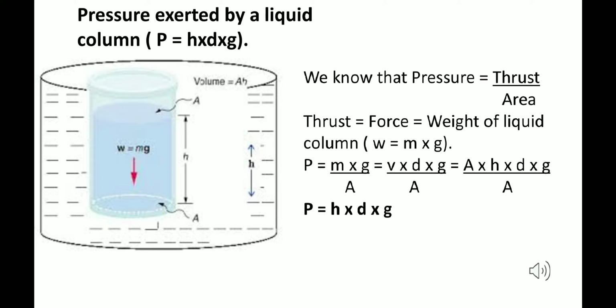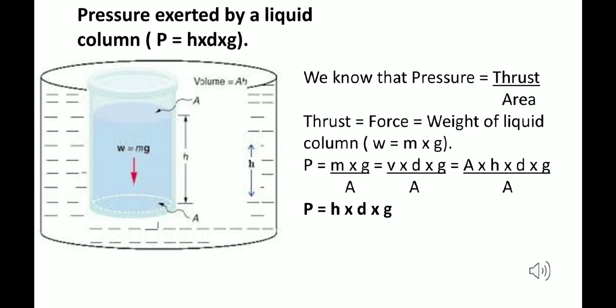liquid. So what we have done is we have assumed here that there is a cylinder of the liquid only which is filled over there. So we have assumed a cylinder. This is our assumption. The cylinder is not present, but we have assumed that there is a cylinder made up of fluid only. So we are assuming this cylinder because we want to find out the pressure at depth h. Now, in this we can see this blue cylinder which we have assumed. So the weight of this cylinder is mentioned over there as W is equal to mg, which is acting downward.